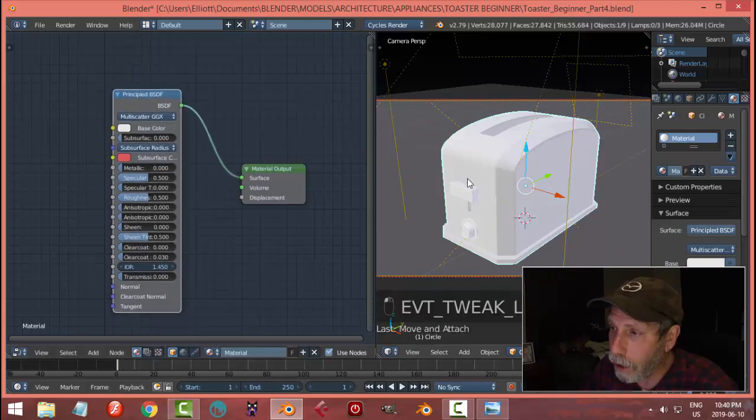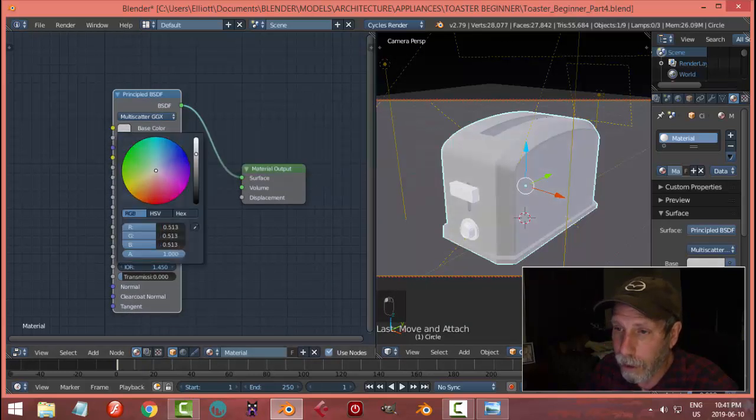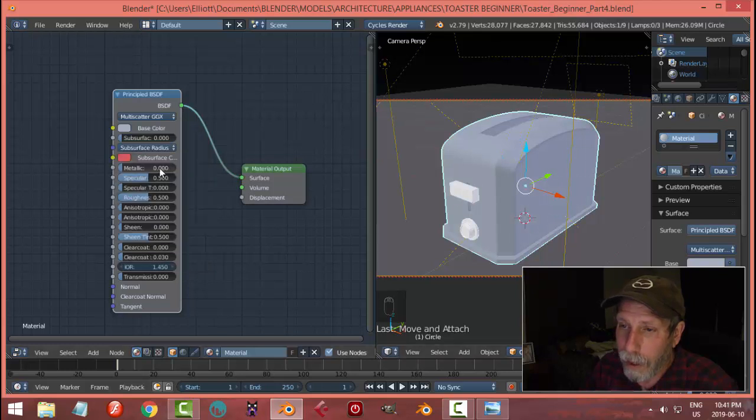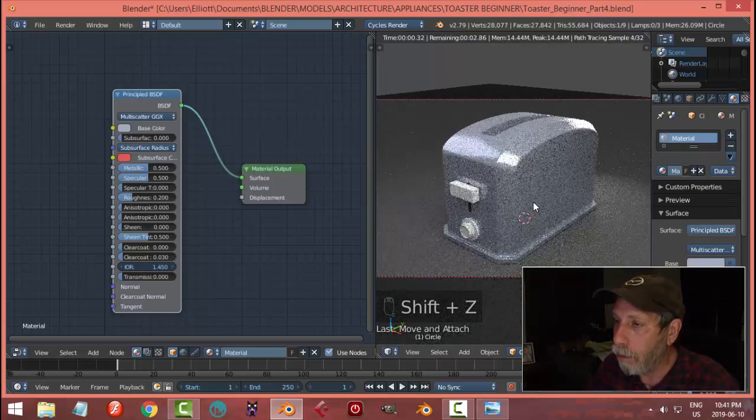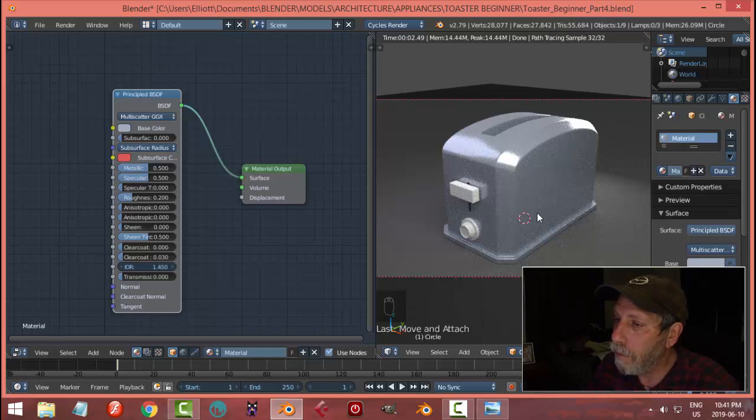That didn't really change anything appreciably, but here I can change my base color, or here, and I'm going to change it a little bit more gray and a little bit bluish, I think. And then under here, I'm going to change the metallic. I'm going to try 0.5 and the roughness 0.2. Let's try that. And with your mouse cursor over here, not here, over here, go Shift Z if you're in 2.79,